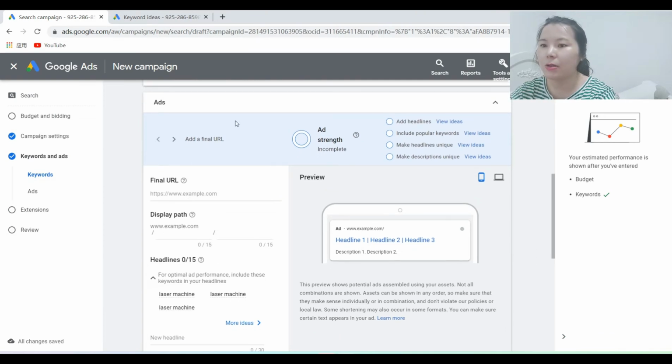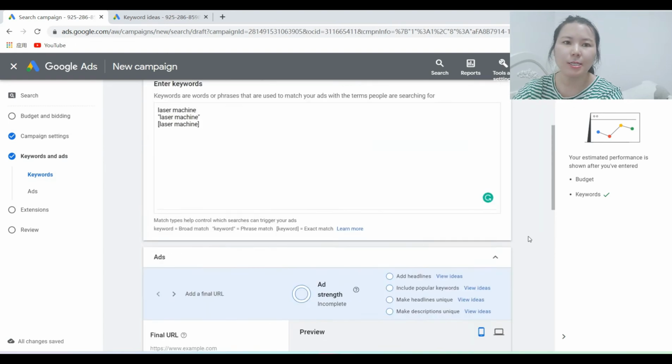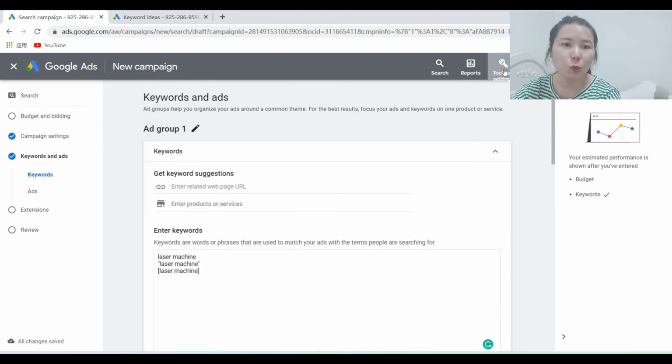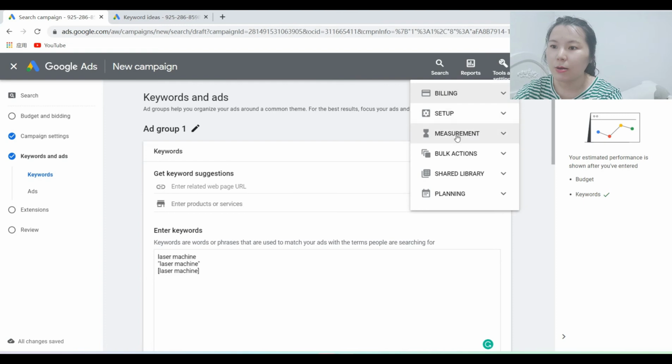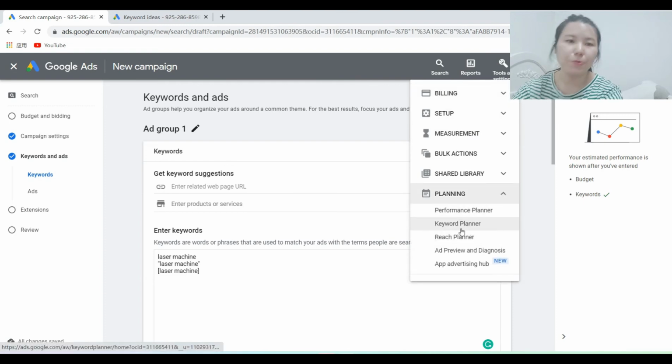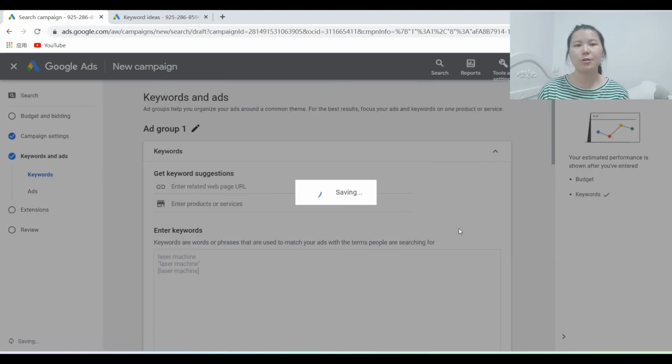Okay, so now we are on the ad copy. Okay, right, I forgot about it. So for keywords, discover new keywords. As you can see, in Tools and Settings in the top right corner, the keyword planner can help us discover